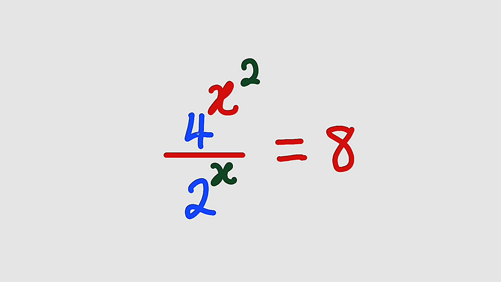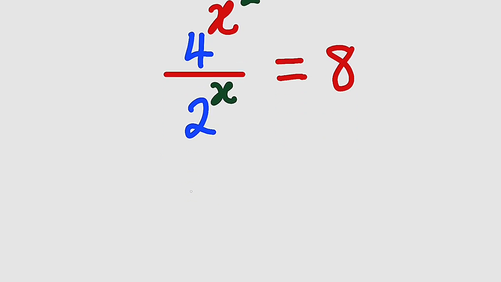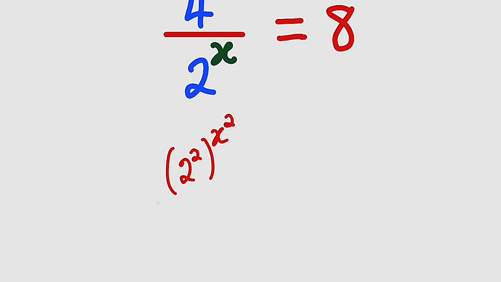Alright, you should know that 4, 2 and 8 can all be written in the same base, right? Which is base 2. Because 4 is the same thing as 2 squared, while 8 is the same thing as 2 to the power of 3. 4 can be written as 2 squared, right? But remember, we have another exponent, which is what? x squared. We divide by 2 to the power of x,